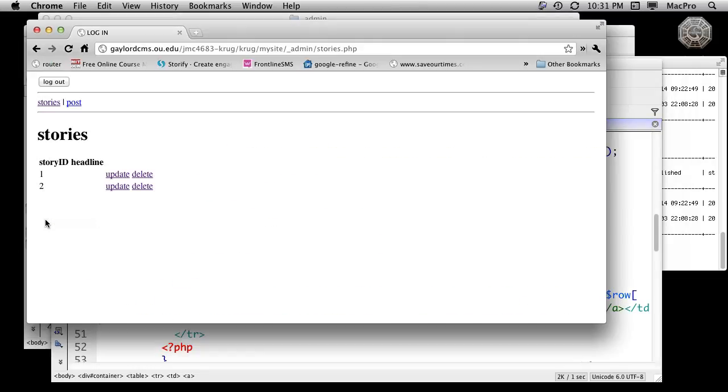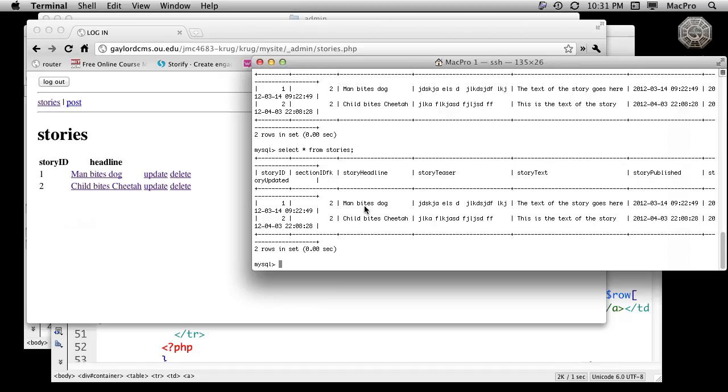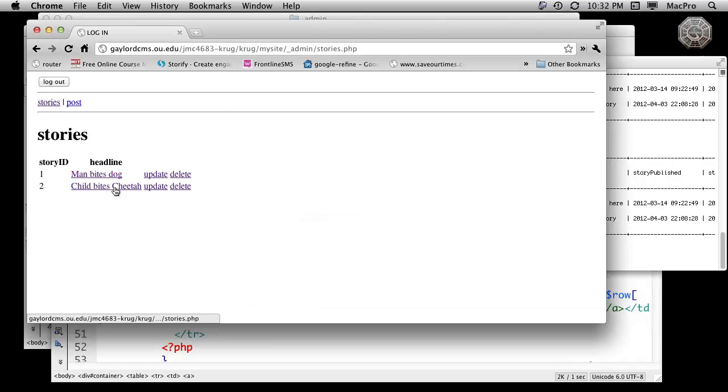And if I refresh the page, you can see now there is a corresponding headline for each row exactly how it is in my stories table. So now I've effectively pulled and populated my back-end stories page with stories that appear in my table. Now again, these are dead links, and eventually when we click here,